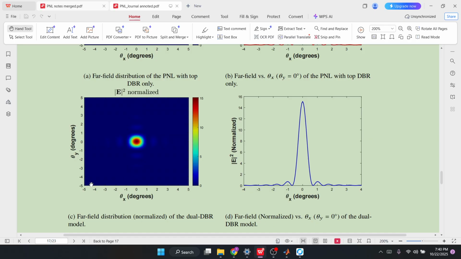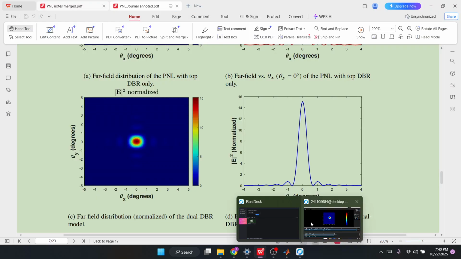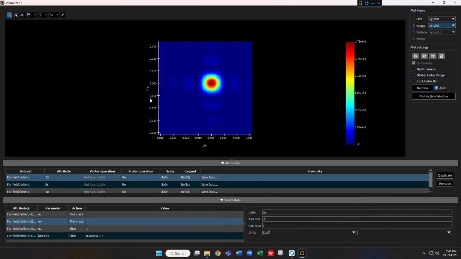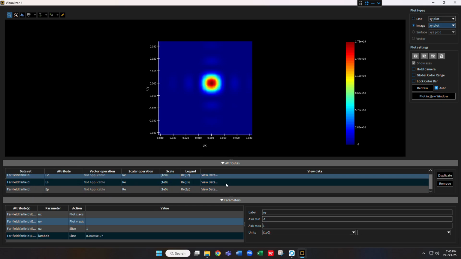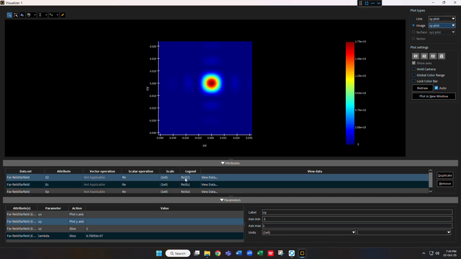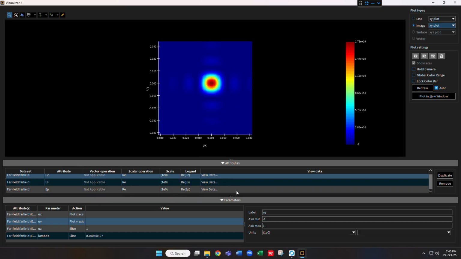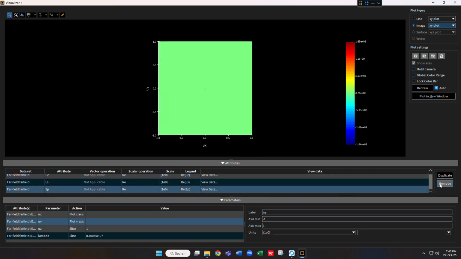So here you can see that it's actually theta x and theta y, but what we are seeing here is ux and uy in terms of wave vector components. So what we need to do, first of all, is keep only the real part of E square, that means the intensity. We know that the absolute value of E square is proportional to the intensity of light. So let us delete the other two parameters. This one, remove,